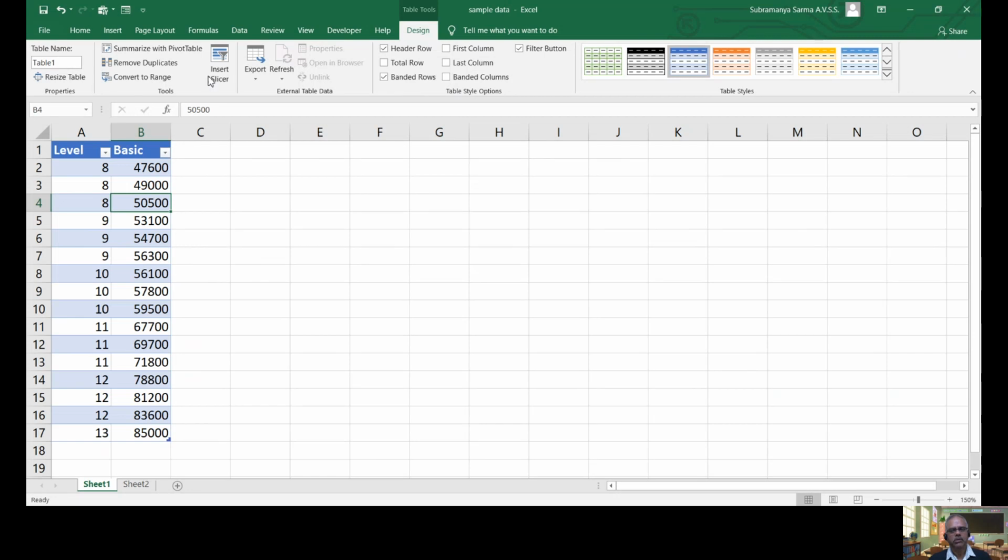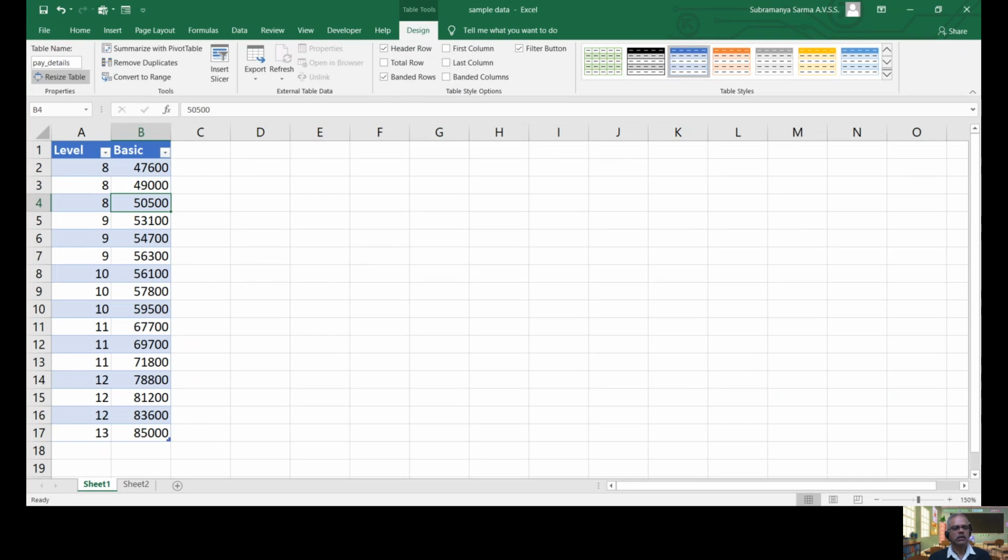Now let us see what options are available in the table menu. The first one is Table Name. That means it allows us to give a name to the table. For example, if we add a sheet, then Sheet1 will appear automatically. If we add one more sheet, Sheet2 will appear. By default Sheet1, Sheet2 come automatically, but we can give a name to the sheet. Similarly, because we have created a table now, we can give a table name. Suppose I have given the name Pay Details. You can give any name, there is no problem.